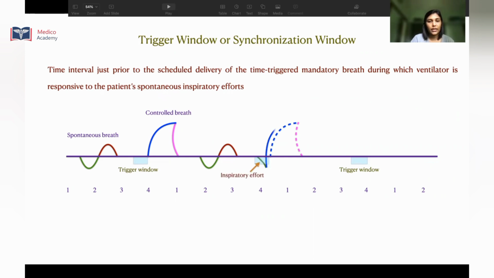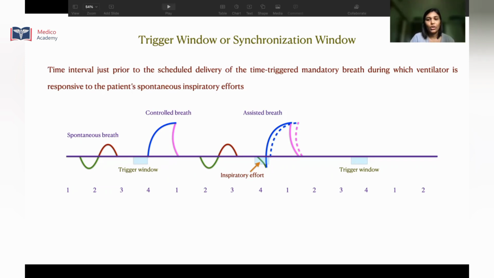So now we can see that the patient started an inspiratory effort during the trigger window. So the ventilator has sensed it. So instead of waiting to give the controlled breath, the ventilator gives an assisted breath a little prior to the scheduled mandatory breath. So that portion or that time interval just prior to the delivery of a scheduled mandatory breath, during which the ventilator is responsive or sensitive to the patient's inspiratory efforts, is called a